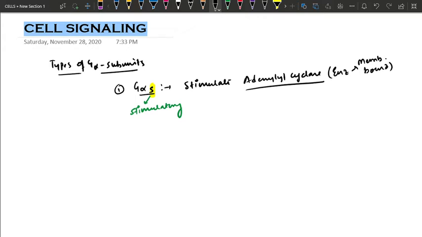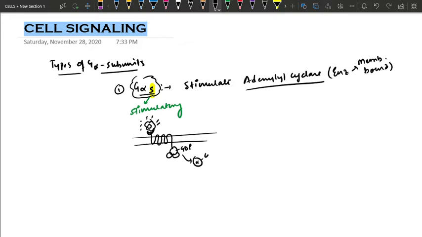So what happens? If there is a particular ligand receptor interaction, then what will happen? The G alpha S will be in its GTP bound form. It will leave the G beta and gamma, and this G alpha S will actually stimulate the adenylyl cyclase. So if this is the membrane, and suppose this is the receptor, and this is the ligand, it now binds with the receptor. Normally the G alpha, G beta and G gamma proteins are present in the GDP bound form, and when there is an interaction, the alpha protein will bind with GTP, and it will leave the beta and gamma. Now this G alpha GTP will actually stimulate